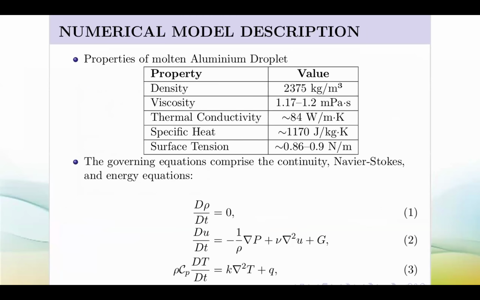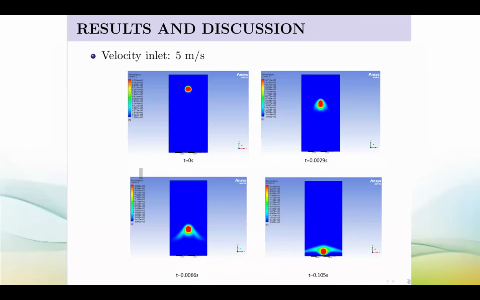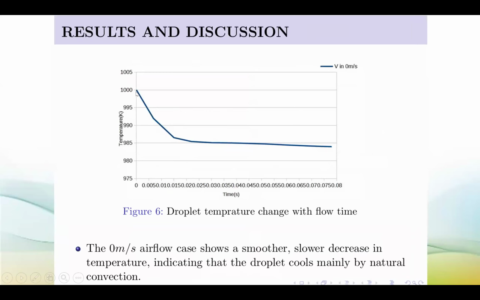These are the properties. We did it for aluminum material. And these are the governing equations and corresponding material properties. And we were successful in generating this droplet flow from top to bottom. And we got an interesting result: there is a 15-degree cooling when the droplet is traveling from top to